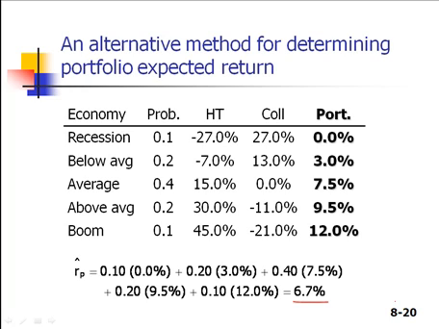And this shouldn't be a surprise to you because we already calculated the portfolio's expected return using a slightly different method earlier, and we got 6.7% there as well. So it's definitely not a coincidence, and in fact mathematically these two methods have to give the exact same answer. So now we know how to find the expected return on a portfolio of 2 stocks, and if we needed to do more than 2 stocks we certainly could. We would just apply pretty much the same method.